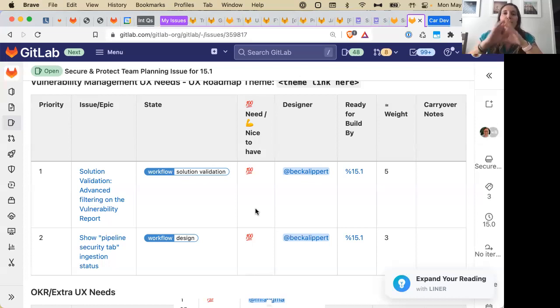Basically, I just want to group things and have multi-select in that drop down. So you don't need to do label equals UX, label equals DevOps secure, but you could just have multiple selection in there. That way they're grouped and more condensed. But that's something that I have to work with the global search team on or plan. Probably both of them.